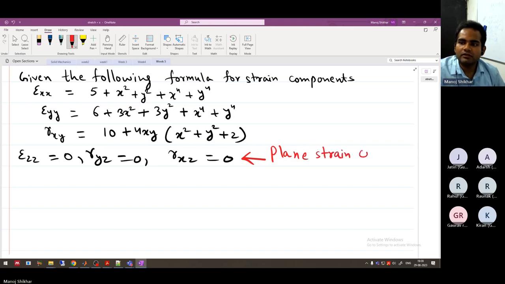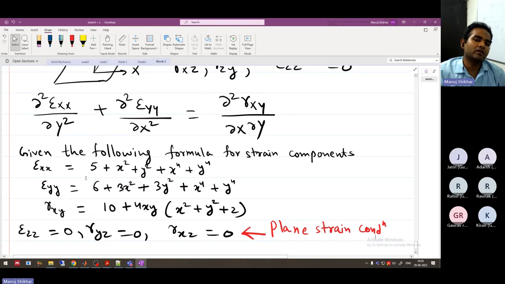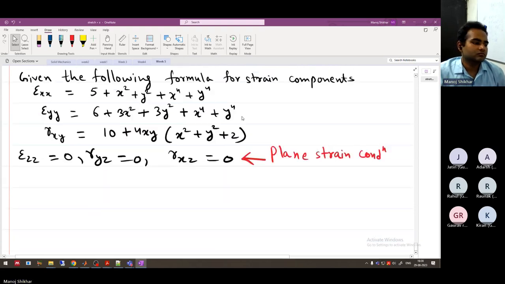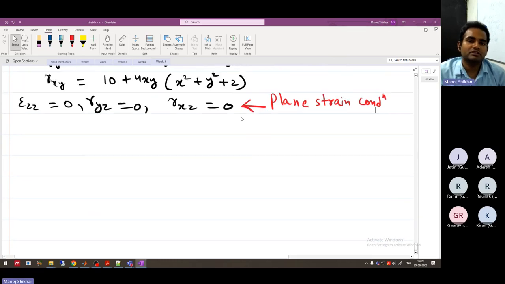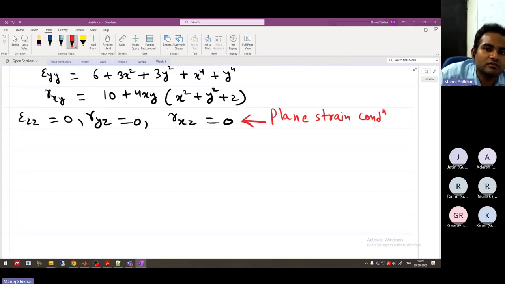Plane strain condition. So five of the compatibility equations have already been satisfied. I have to just use this one. So the follow-up questions are,